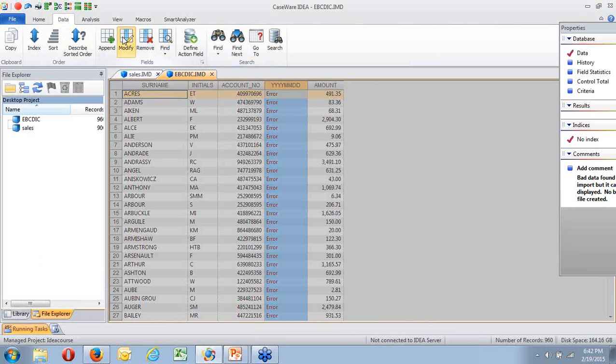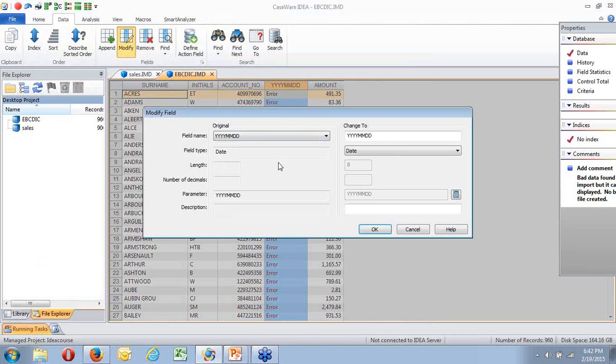Modify the field. And the field I'm modifying was that one. Okay, the field name was that. I don't want it to be that. I want it to be transaction date.